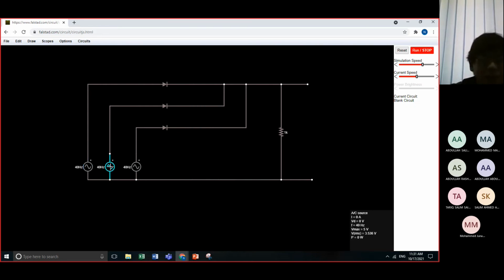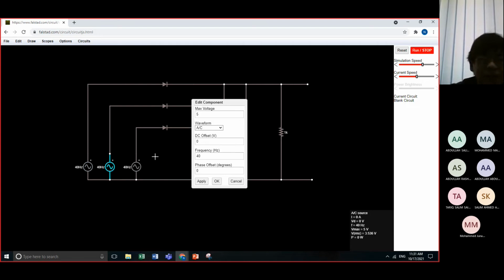Then my second supply, take note that again it is 12 volts, my frequency is 40 and my phase is at 120. Okay, even you will go for phase 120. You are using 120 for your phase here.